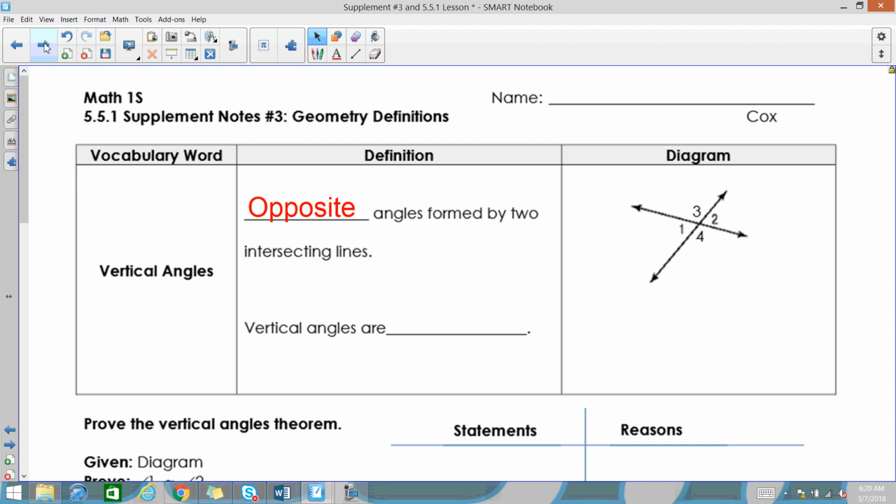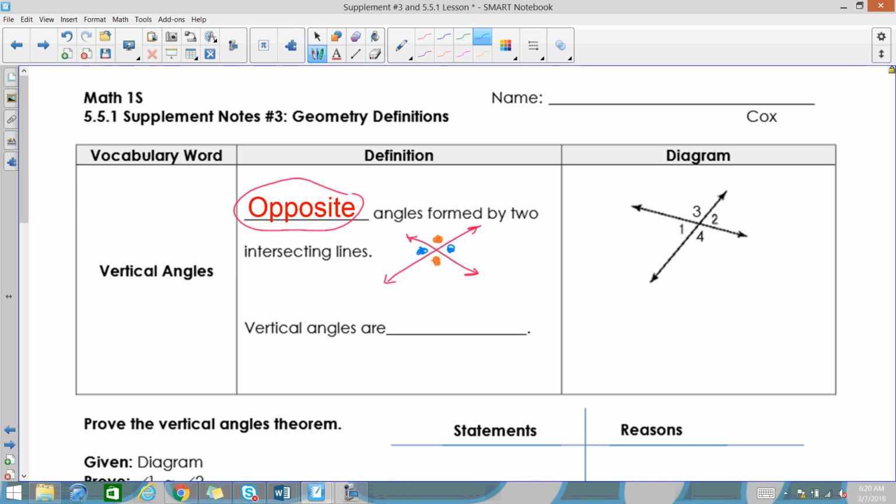All right, so the big keyword that we're going to be talking about today are vertical angles. Vertical angles are opposite angles formed by two intersecting lines. Anytime two lines cross, one line and a second line, they create vertical angles. So what are vertical angles? Well, vertical angles are angles that are across from each other. So this angle right here and this angle right here, they're across top and bottom. This angle right here and this angle right here, those are vertical angles because they're across from each other left and right. They're the angles that are formed by two intersecting lines or two intersecting segments that are always across